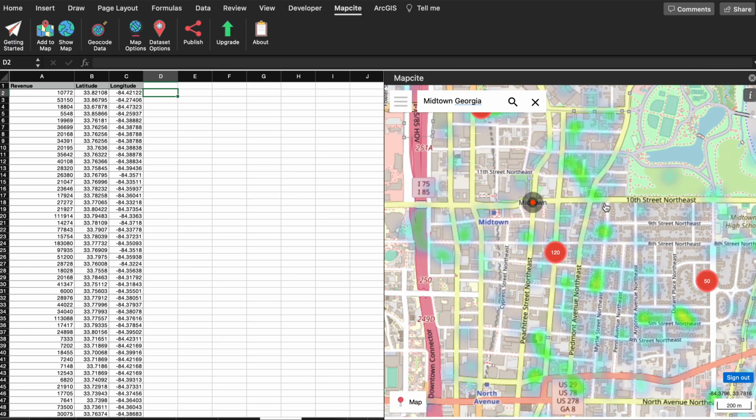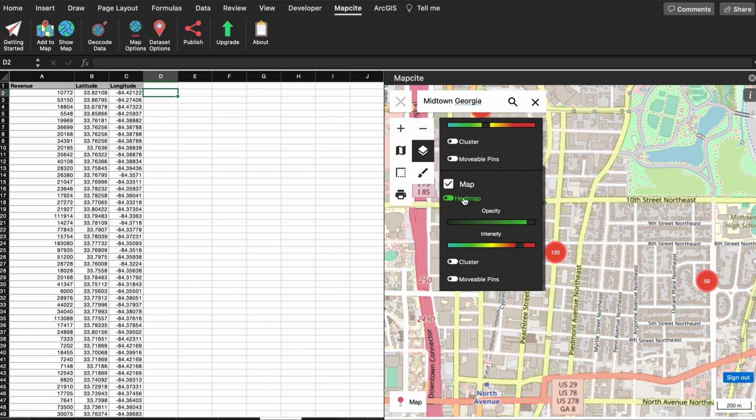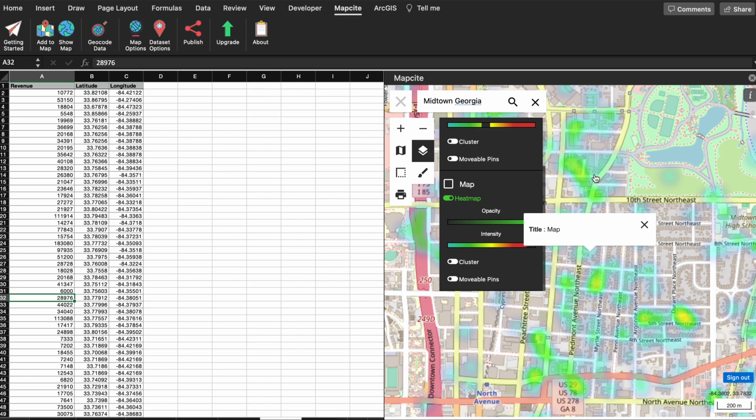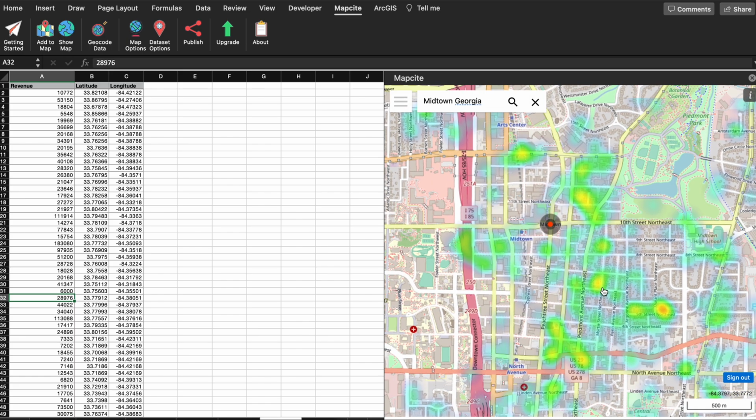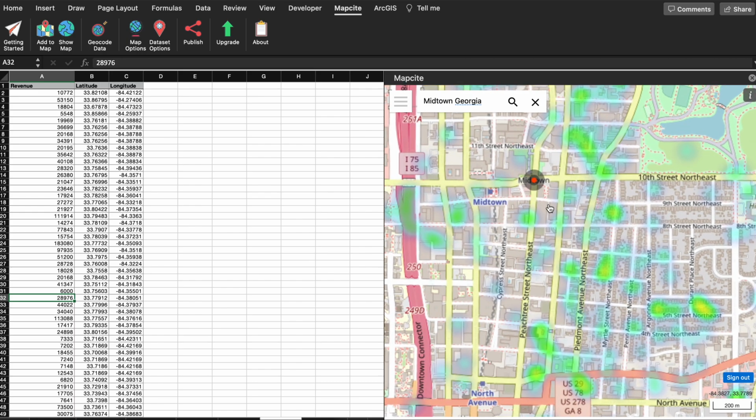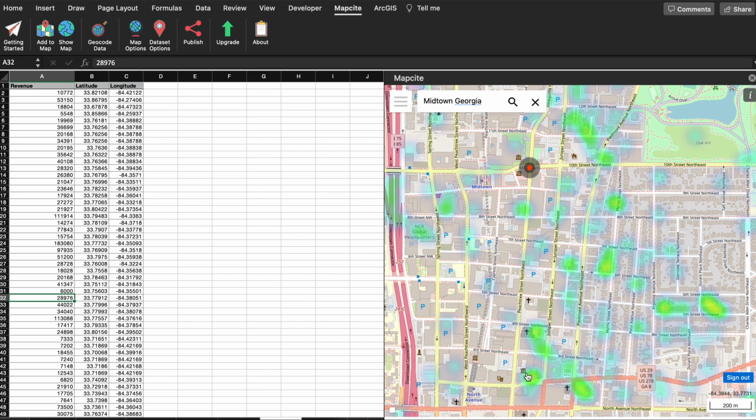So if we dive in, we can see specifically what areas are generating certain amount of revenue within this field. So let me just take off that, bring that up a little bit more. So we see that within Midtown, this area right here is bringing in good amount of revenue.